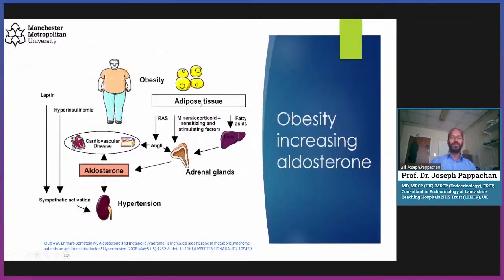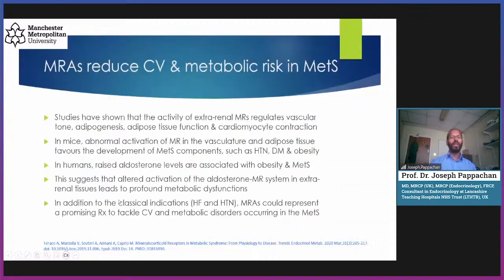This is another graphical representation of how obesity involves increased aldosterone production and synthesis, resulting in hypertension. It has been found that mineralocorticoid receptor antagonists are now on the horizon. This is an important emerging concept. Treatment with mineralocorticoid receptor antagonists in patients even with mild hypertension may have a protective effect on cardiovascular and metabolic health. And aldosterone synthase inhibitors are upcoming. There are a lot of new publications coming up. All those things should help us to improve the metabolic syndrome, which is a Cushingoid state